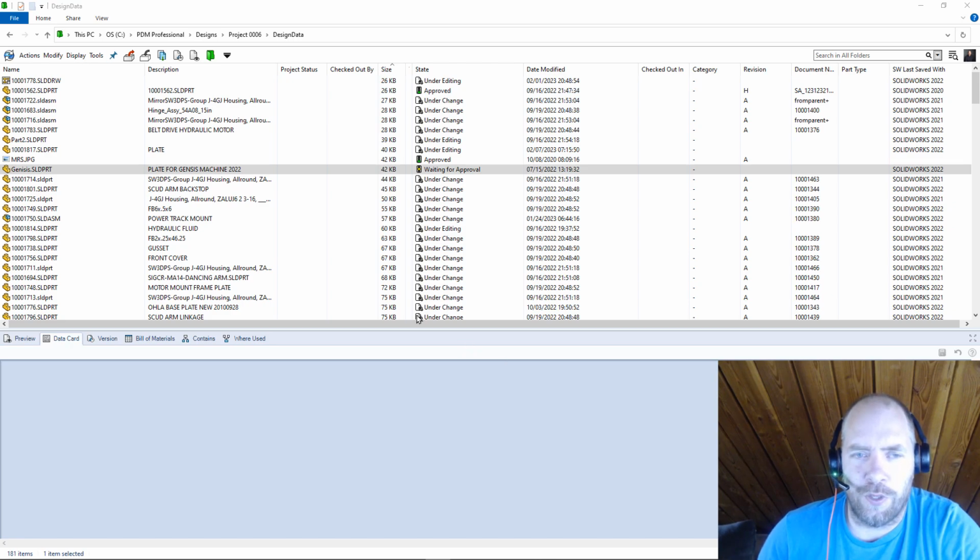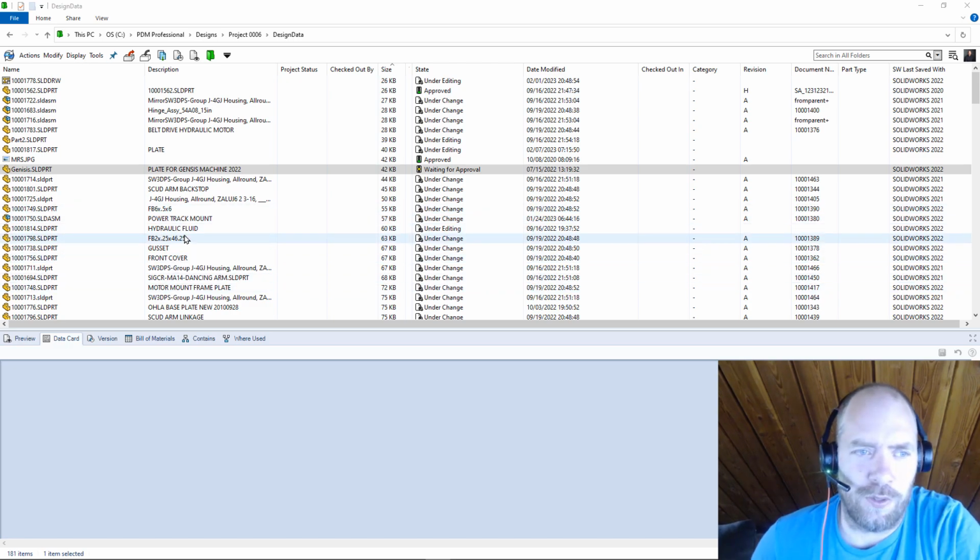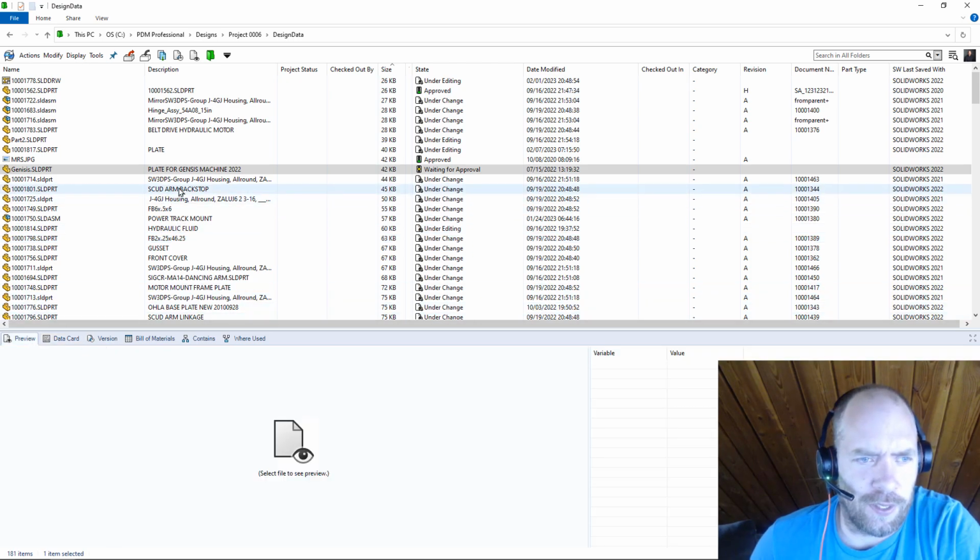All right, guys, going to do a quick overview of how I like to set up my Explorer view here for PDM. There's a couple of things that I like to change every time I jump into a new system with PDM. One of them, if we go to the Preview tab here and we click on a file,